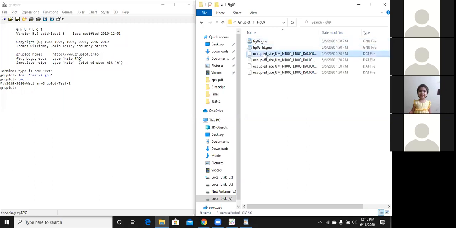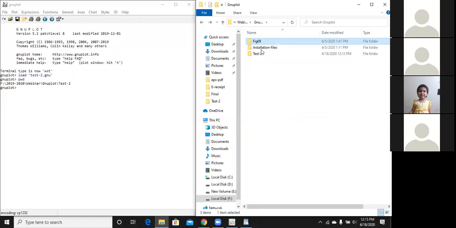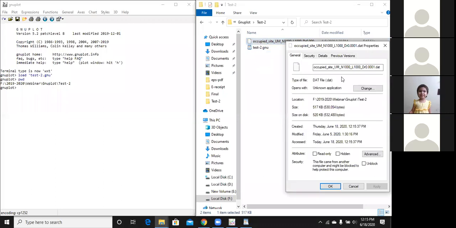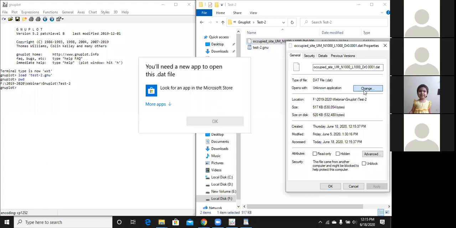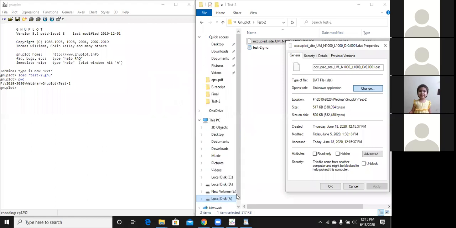This is a data file. Just copy this. Any one of these four, all are with .dat, right? They are data files. You just copy and paste in that folder. You can work with your own data file, it doesn't matter. But the data file must end with .txt as a text file, or .dat. Yes, .dat or .txt will work.